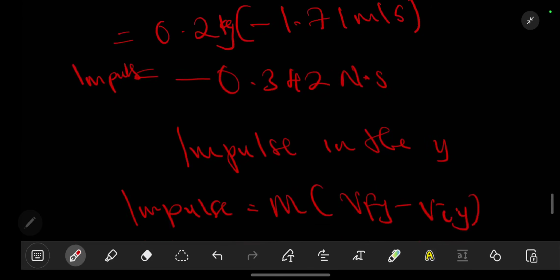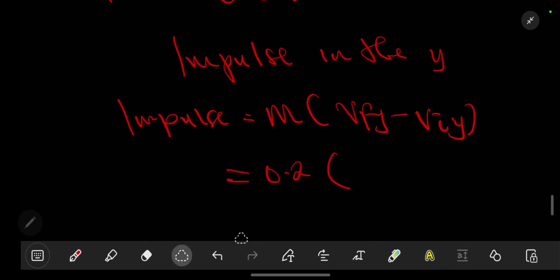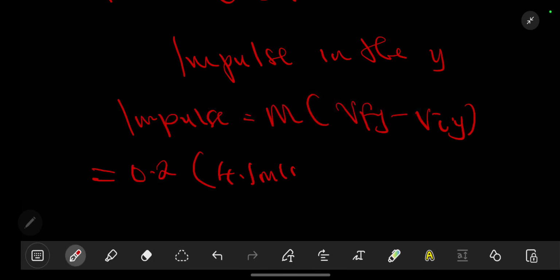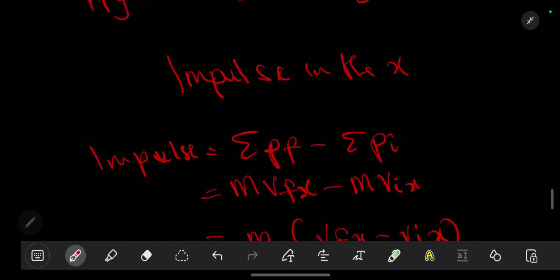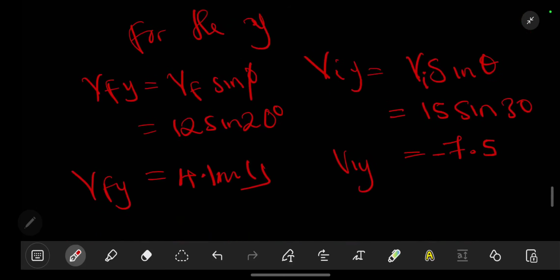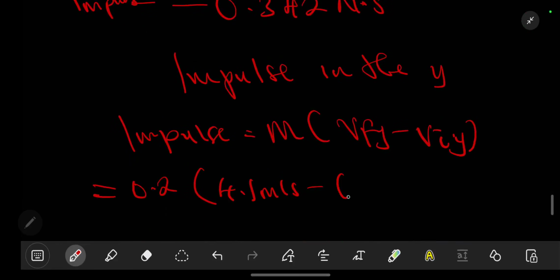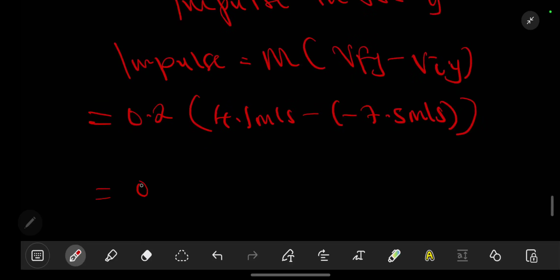So we are going to say 4.1 meters per second minus our initial velocity in the y, which will be equal to negative 7.5 meters per second. So we are going to have 0.2,